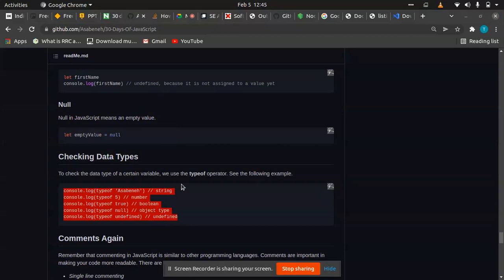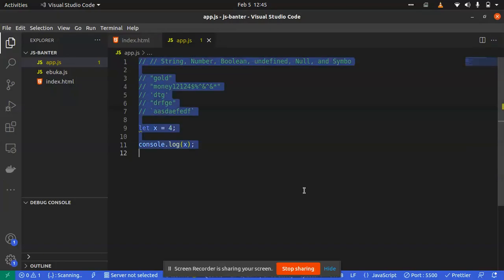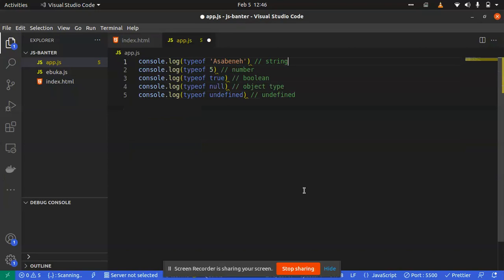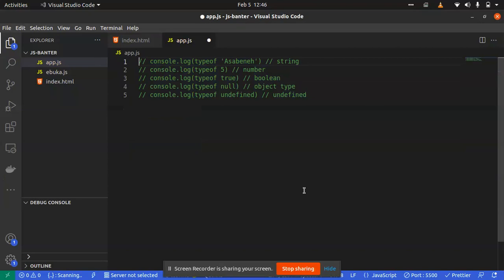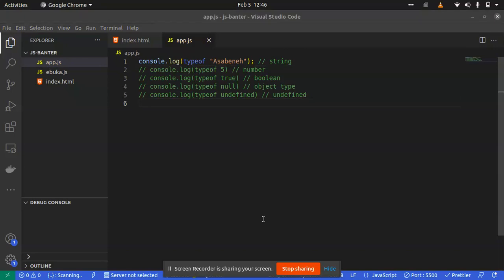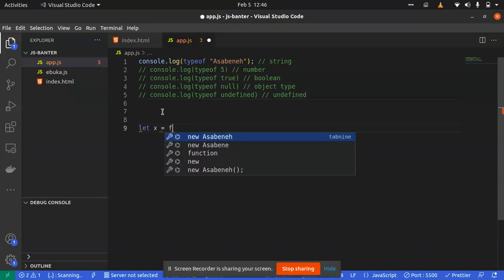Let's run through this. So we're going to start with the first one. The type of this banner in a single quote, back single quote, is a string. So when we use typeof, it's a way to check the type of anything you put in. So if I have, let's say, let x equal false,